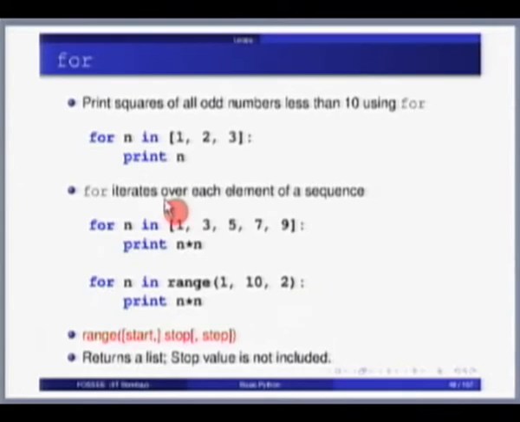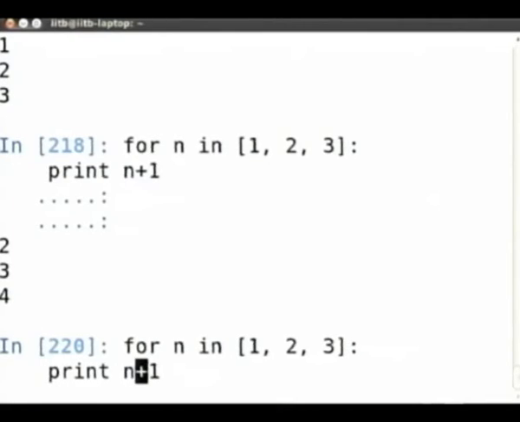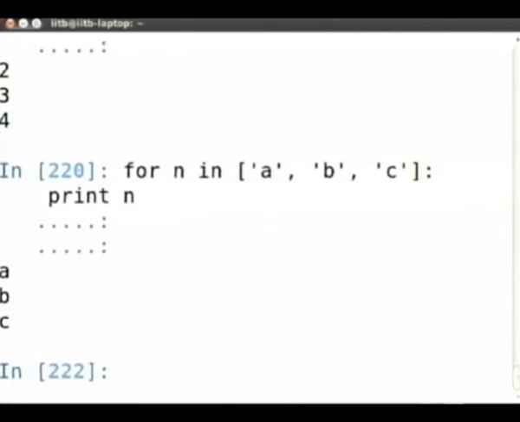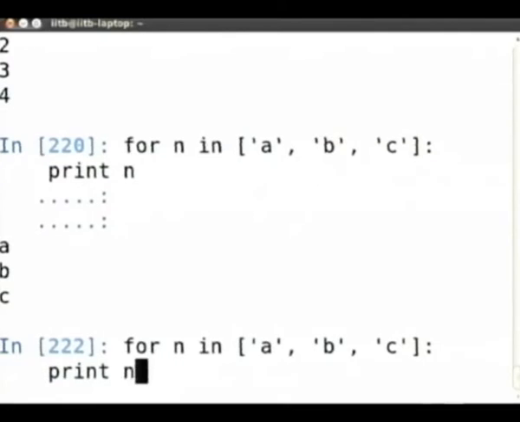Essentially, you can think of it as for iterates over every element of a sequence. Okay. And now this doesn't have to be 1, 2, 3, it could be, because it's a sequence, it can also be a string.